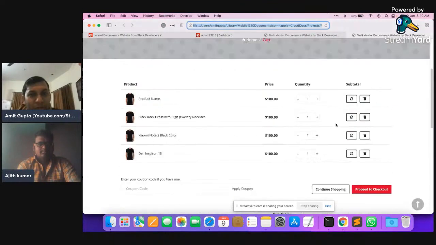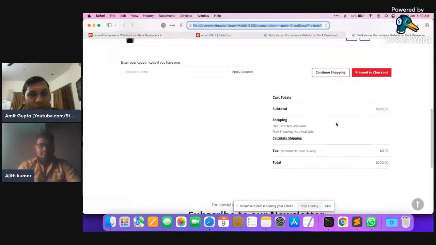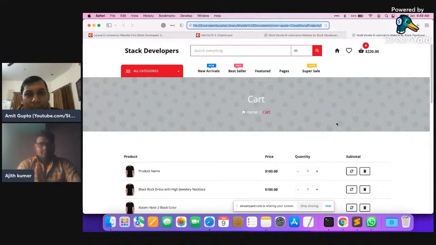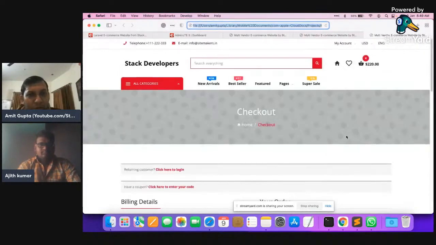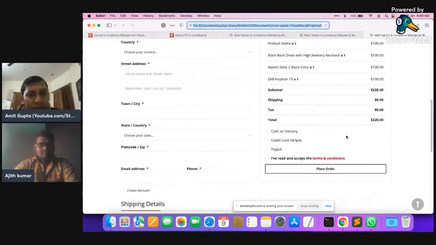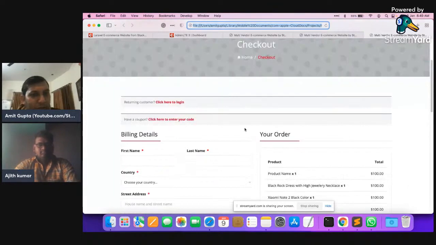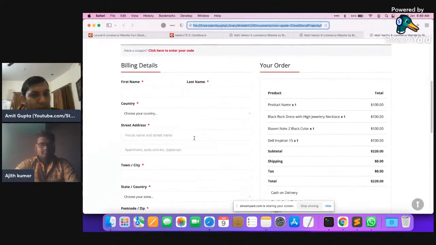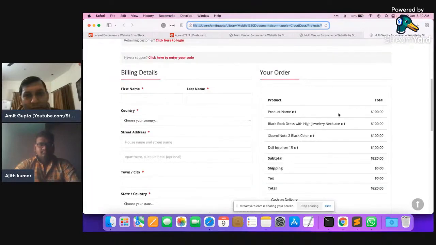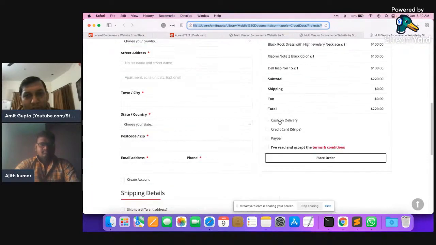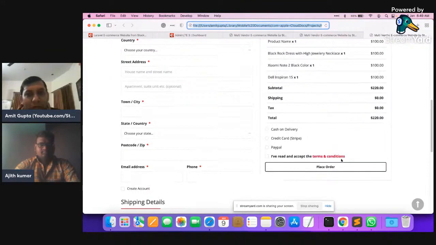So this is the cart page that we are going to do for our Laravel 9 series, and I'm going to show you the checkout page as well. Okay, so we are ready to start working on this one. See, you can see how good it is. Okay, so the billing details, shipping details here, and the order details will come up here. See the payment methods and all.